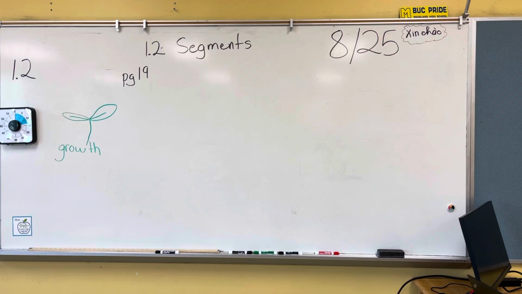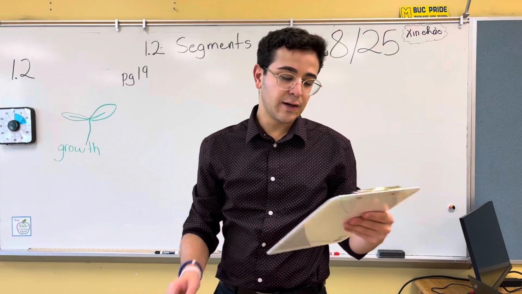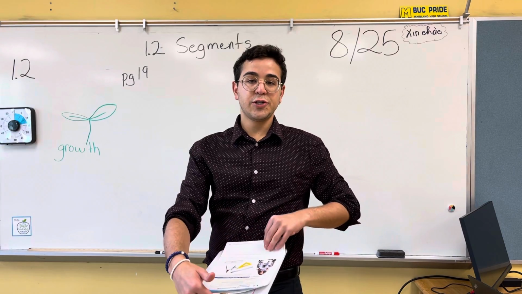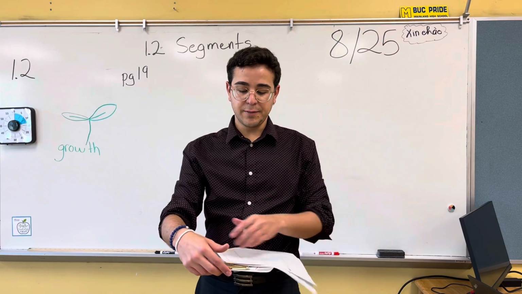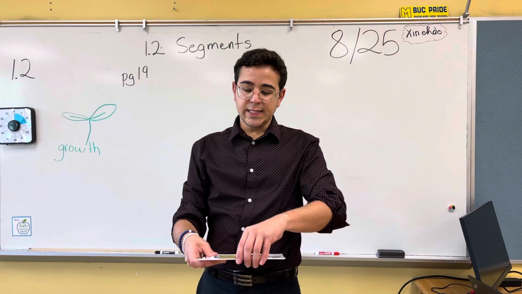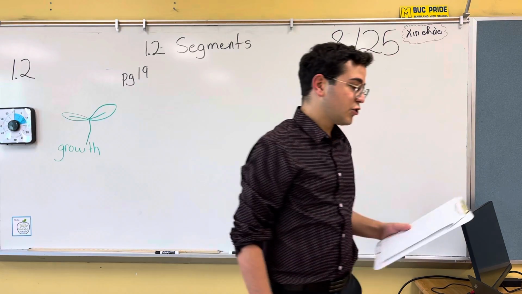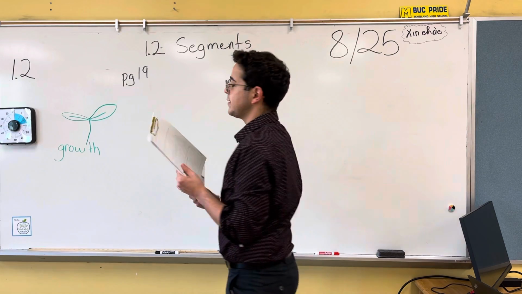Now on your own paper, go ahead and copy the 4-inch line segment onto part B. Again, use your ruler to copy a 4-inch line segment onto part B. We're gonna go down to C. So C says draw a line segment that has a length between 4 centimeters